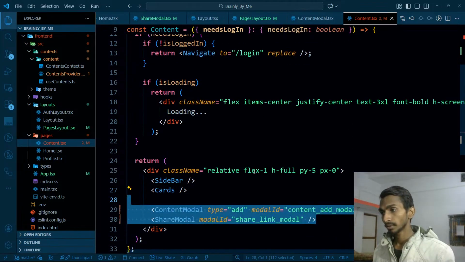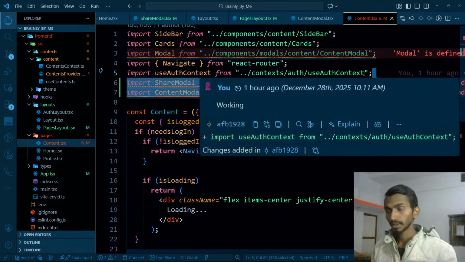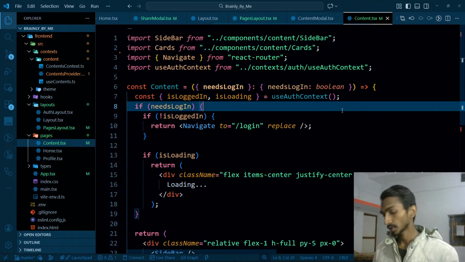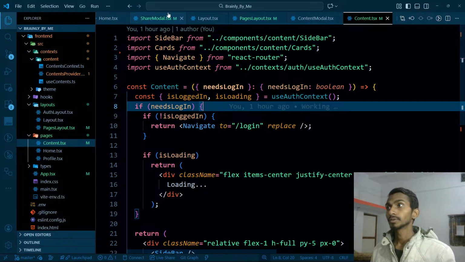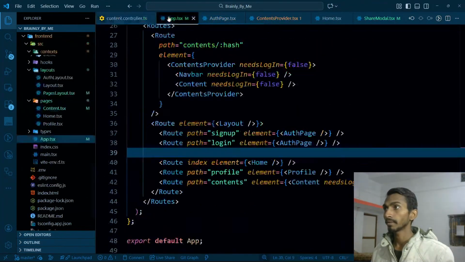I hope I'm doing the right thing. Yes, I am. Let's go to the top. Let's get rid of this part and this part, which are not being used right now. And so far so good. And what I want at the end of the day, let's go to the auth page that I have,